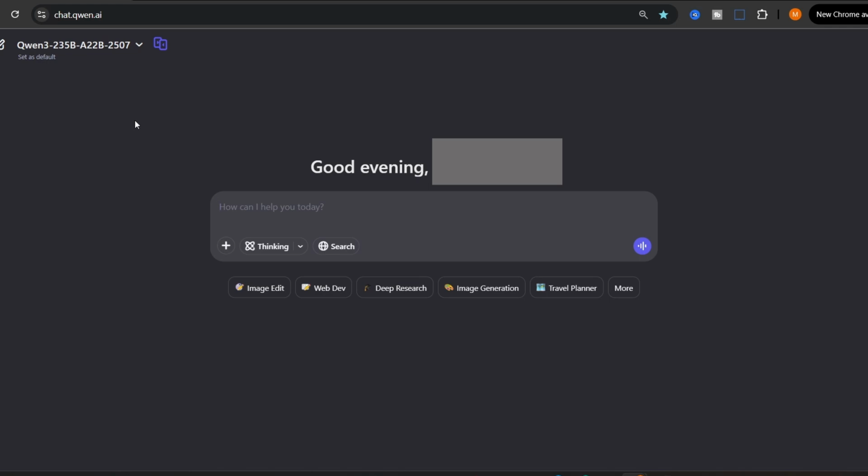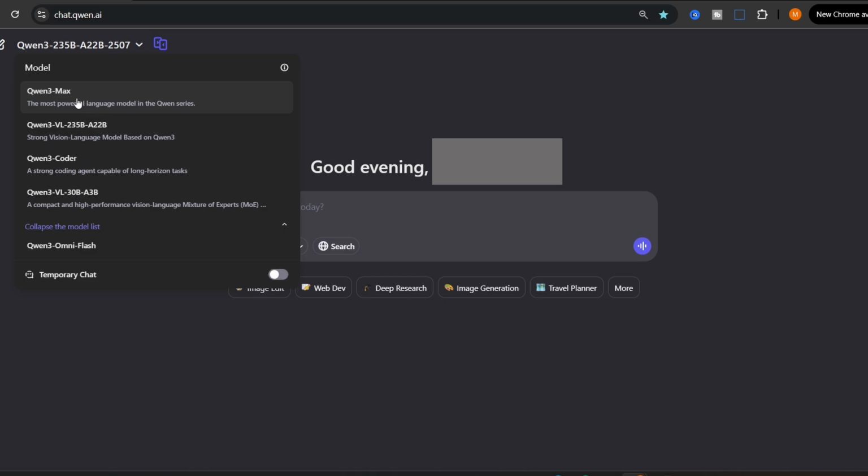But consider again this point that this model is for complexities. This model is used for providing the best answer it can, but if you need something very easy or very simple, you don't have to use this model because again it takes much more time than Qwen 3 Max. And Qwen 3 Max could be useful if you want something that's simpler than this one.